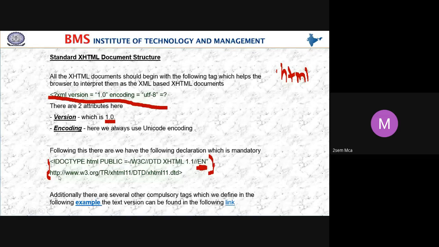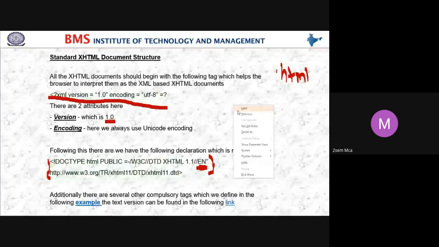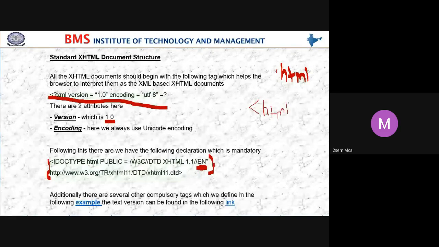In your lab also, you may ask me whether we get output without including these two lines. Yes, definitely you will get the output without including these statements. If you just include html and begin with the body tag, you will get the output.